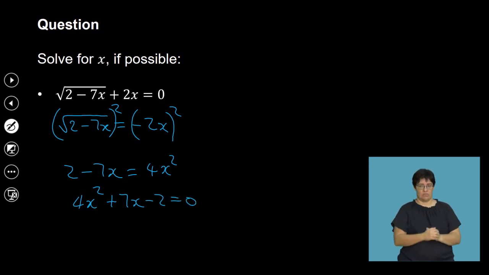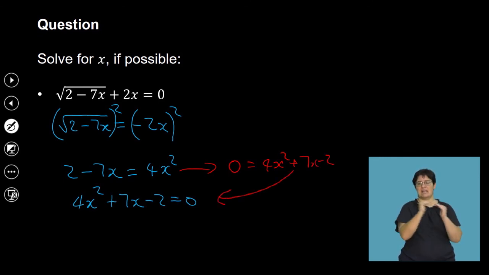I'm just rewriting it properly, right? But where this comes from is it's going to be 0 is equal to, I take everything to one side, so it becomes 4x squared plus the 7x minus 2. So that's why I just wrote it in standard form, so that you are not really confused where that comes from. And then from there, I can then simplify this by